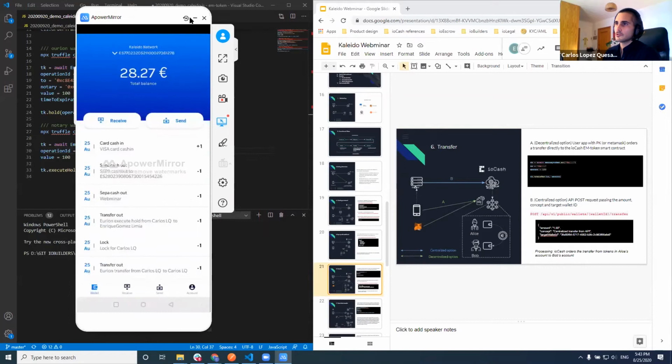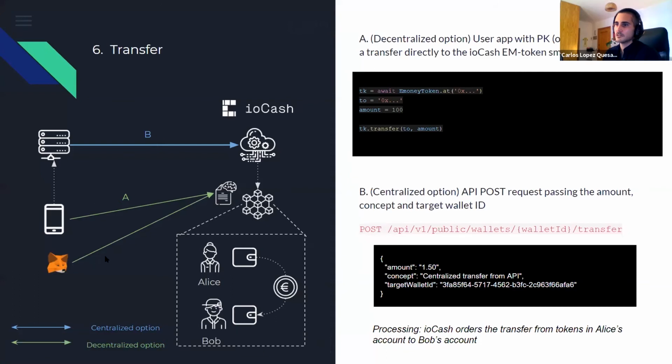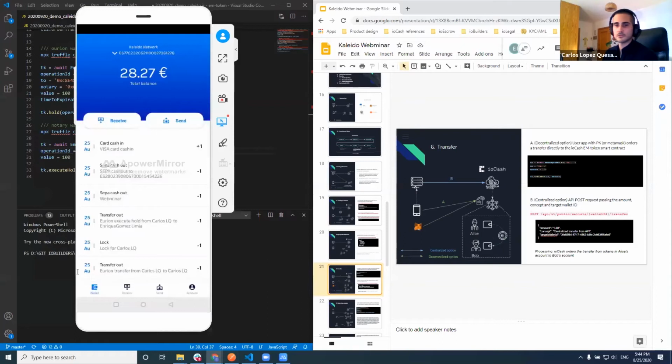Okay, so to go on with the demo, now we have the money inside the account. It's on blockchain. It has been minted to the account. And the next step that we are going to showcase is just a normal transfer. Obviously, for the transfer, you can either order it directly in a decentralized way through the blockchain, or you can order it through the API. The first case is what we are going to do. In this case, we are going to showcase it from the application, and then we will do an API